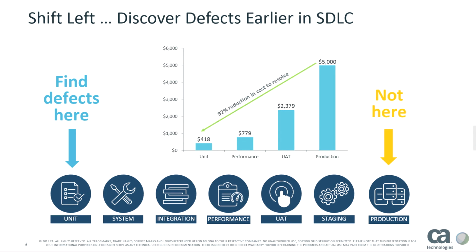And you can see what that represents financially. We did some research amongst our customers, and they gave us numbers to represent what a single defect represents financially in each stage of their cycle. So you can see that in production it can be 5,000 plus. But if you go back and find that defect on the unit